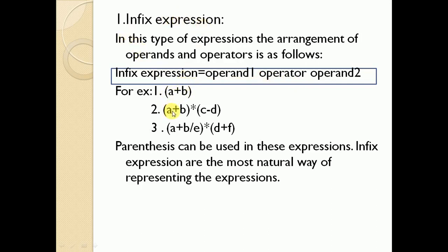In the second example, A plus B, then star, and C minus D in parentheses. These are different types of infix expression. Parentheses, that is open and close brackets, can be used in this expression. Infix expressions are the most natural way of representing expressions.